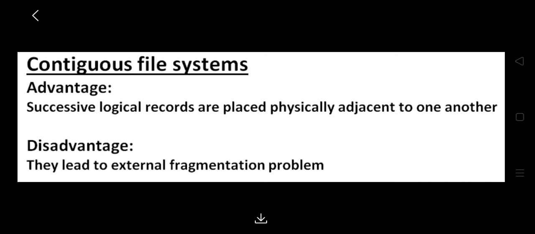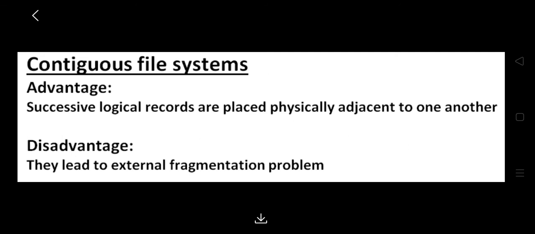Now, such file systems place the file data at contiguous addresses on the storage device. The user specifies the amount of space needed to store the file in advance, and if the desired amount of contiguous space is not available, the file cannot be created. An advantage of contiguous allocation is that successive logical records are placed physically adjacent to each other. These file systems have good access speeds as compared to the systems in which successive logical records are dispersed throughout the secondary storage, because records dispersion leads to additional seek times, which acts as a disadvantage.